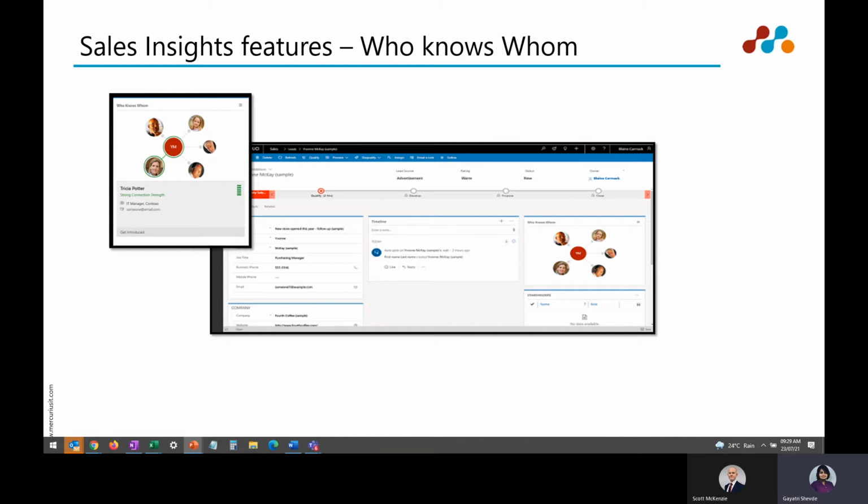Any of my colleagues might know the customer better, so I can take a few pointers from them to connect with the customer before starting the business process flow on the opportunity. That is the reason this feature is called Who Knows Whom.